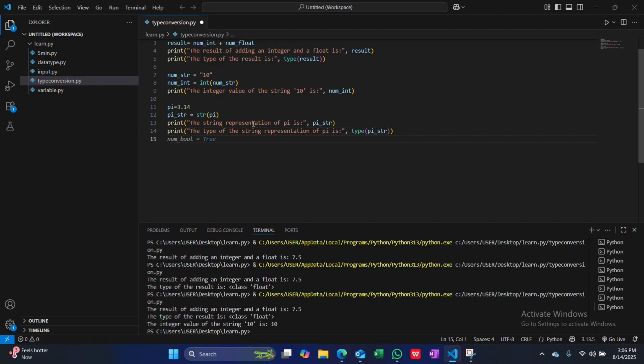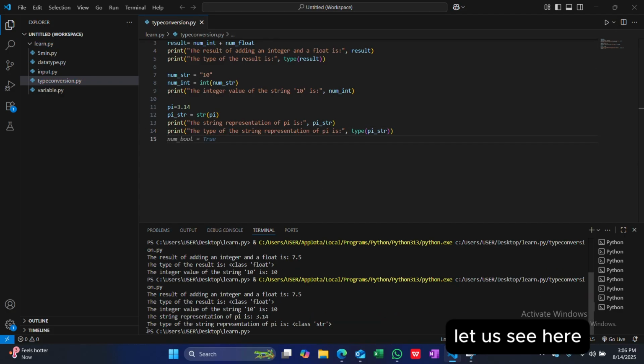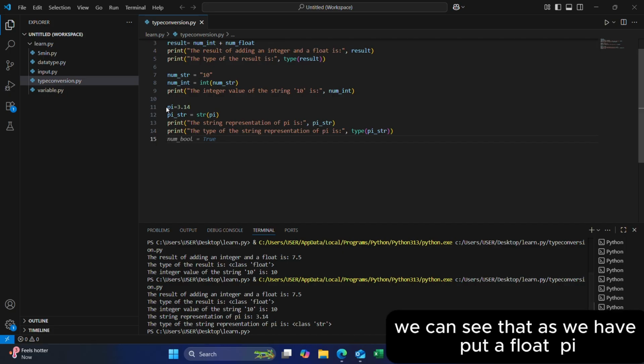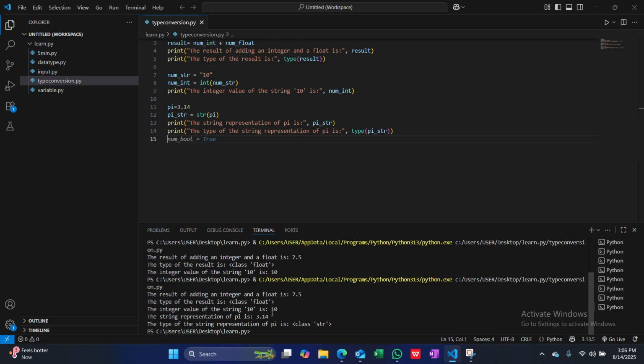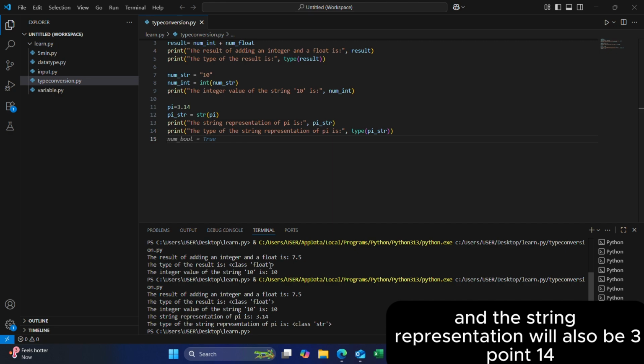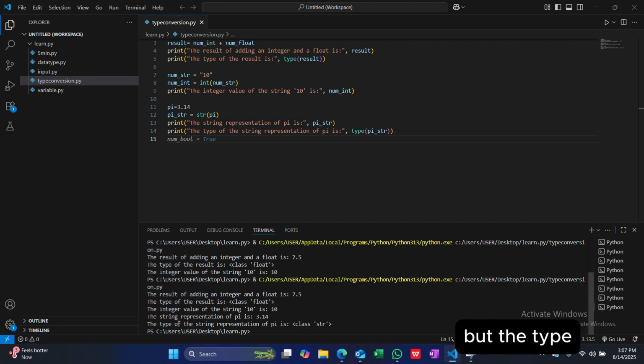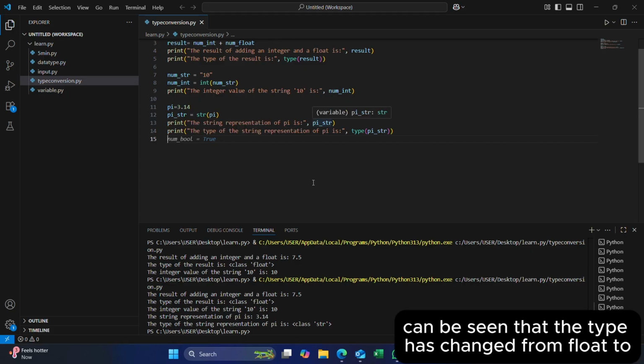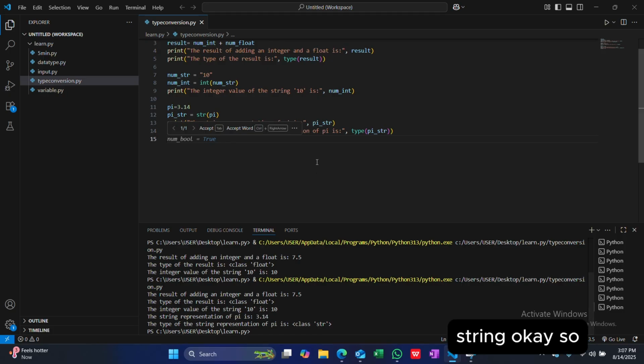Okay, let us see. Here we can see that as we put a float pi, that is 3.14, the string representation will also be 3.14, but the type has changed from float to string. Okay, so